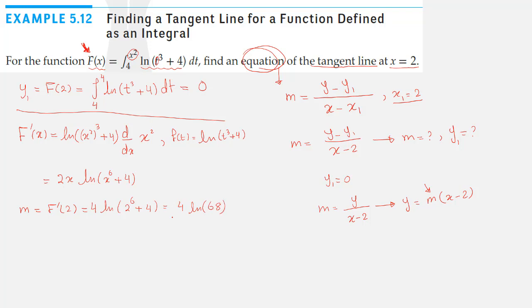So we get now the slope. What we need now is to just substitute here with the m, and this is our answer. So y equals 4 ln 68 multiplied by x minus 2. Next,